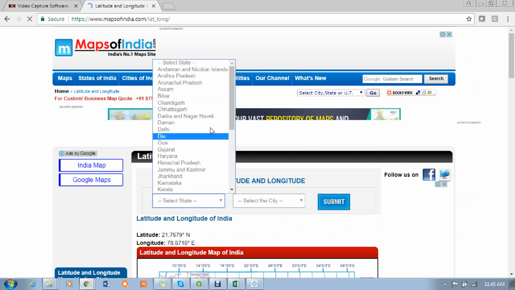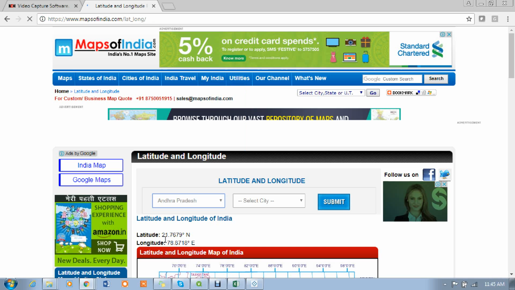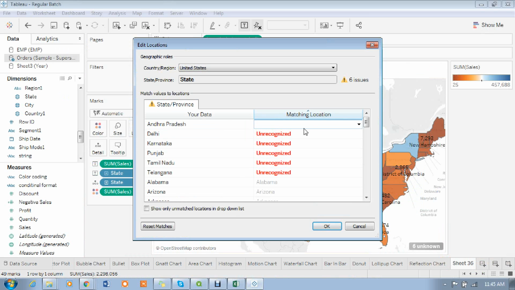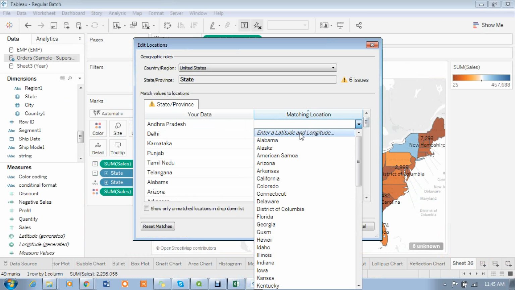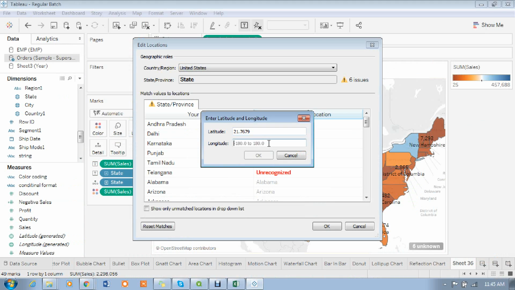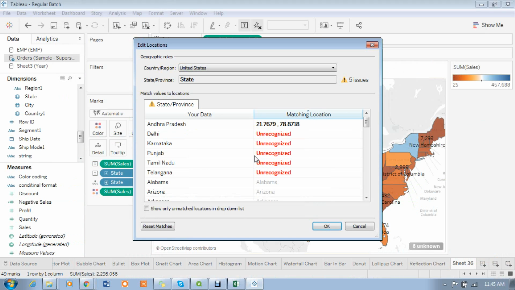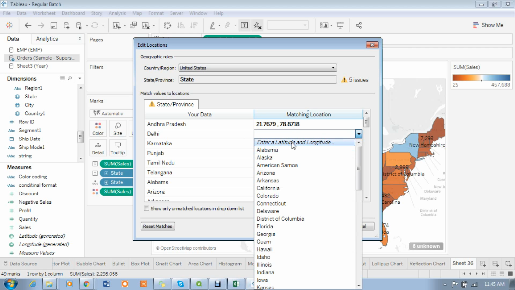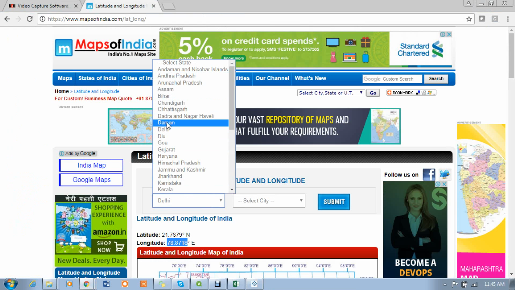State we can select. I want Andhra Pradesh. Yeah, this is the longitude value, madam. First, go here, enter longitude and latitude values, madam. Just copy this one and go to the latitude values also. Now Delhi. Enter this one, go here, state is Delhi.